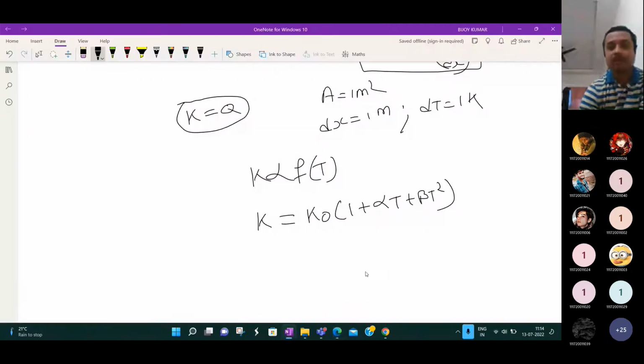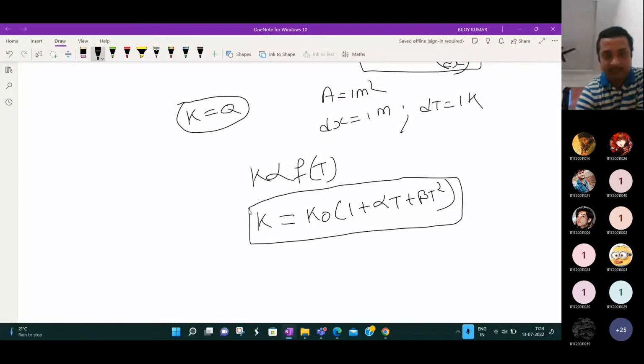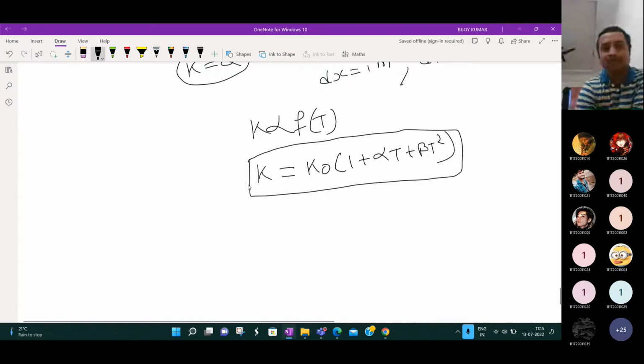So the thermal conductivity value depends on temperature. How does it depend? After much research, scientists found the numerical relation. What is the numerical relation? The thermal conductivity K is equal to K0 into (1 plus alpha T plus beta T square). So this is the relationship for thermal conductivity. We know the thermal conductivity is a function of temperature, but how? The equation is this one, where